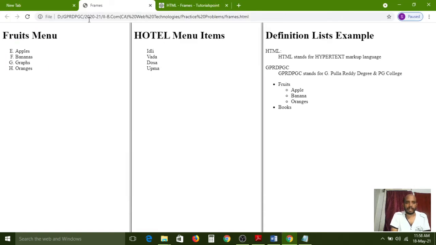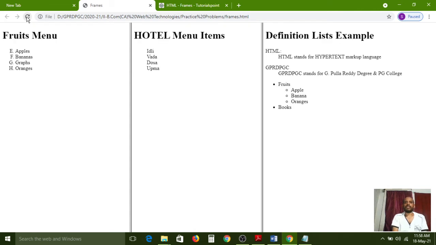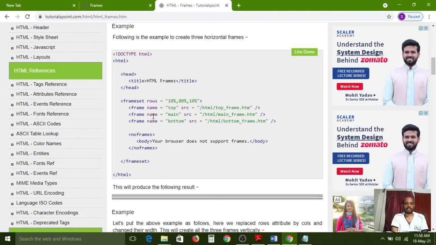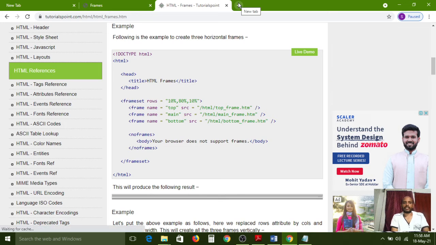Yeah, all of you carefully observe. Frame spacing means frame set and frames. Frame set is inside frame, na? So that difference it will show. Actually it applied the frame set only, not your frames. These are the frames, na? So this space it will change, I think. Now we have to see the complete format of frame spacing.